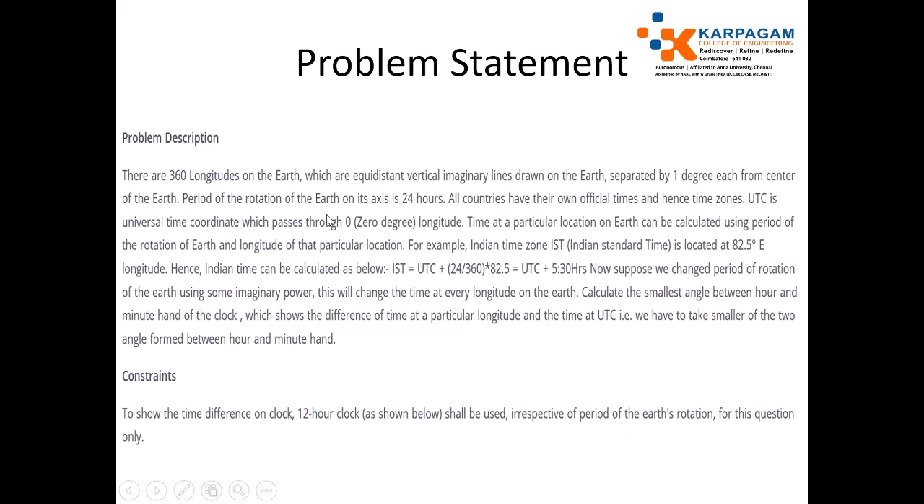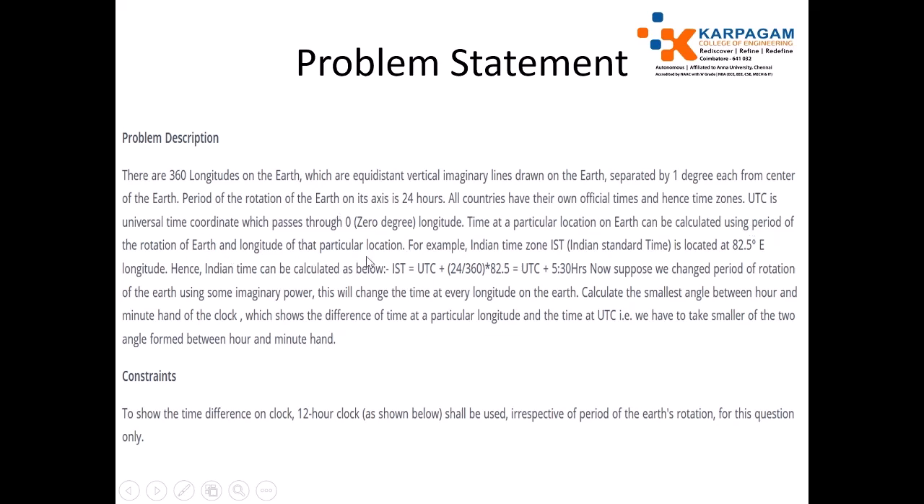The period of the rotation of the Earth on its axis is 24 hours. All countries have their own official times and hence time zones. UTC, that is the Universal Time Coordinate, passes through 0 longitude. Time at a particular location on Earth can be calculated using the period of the rotation of Earth and the longitude